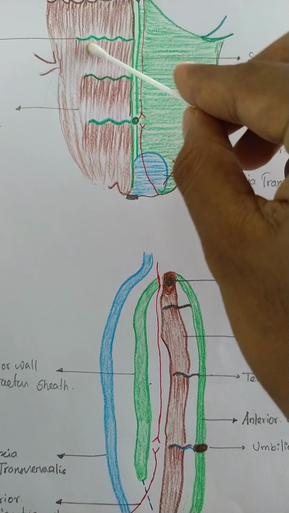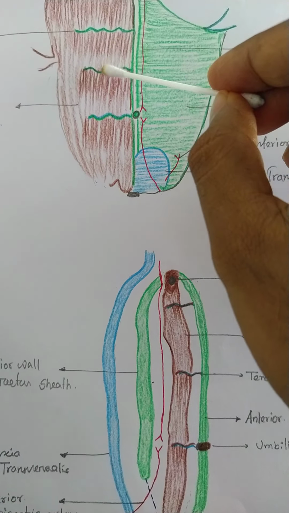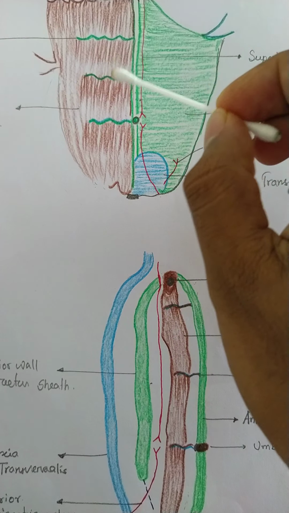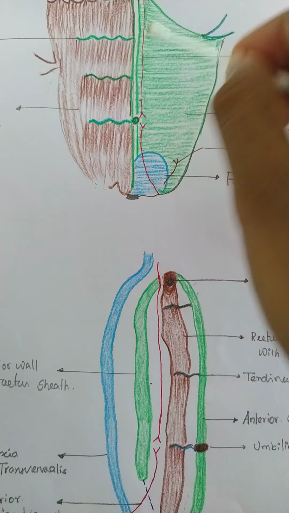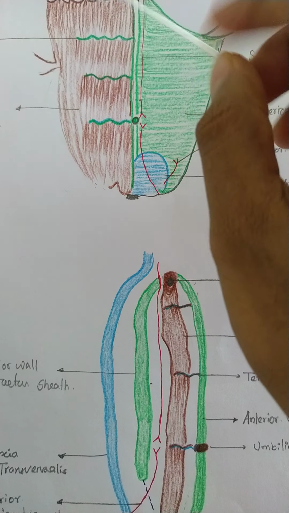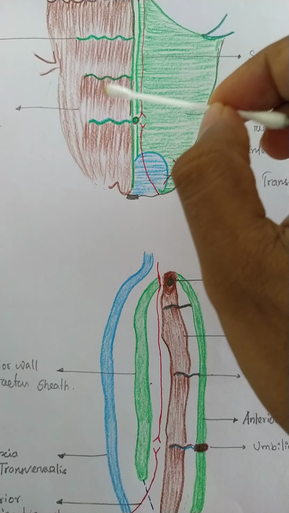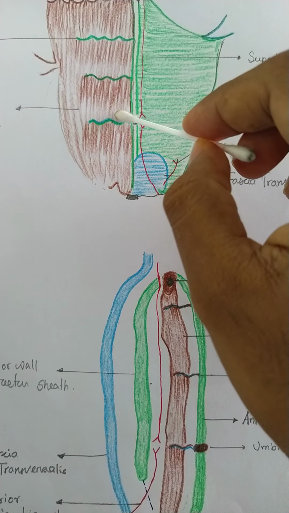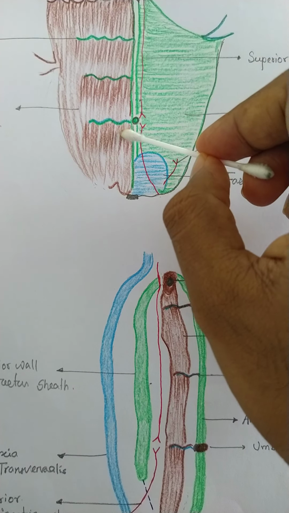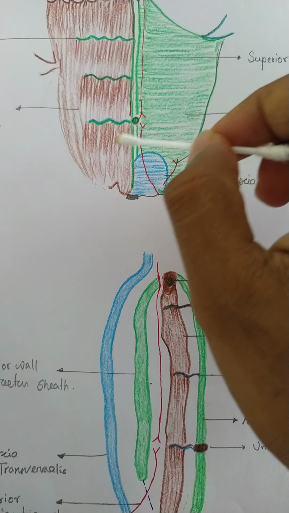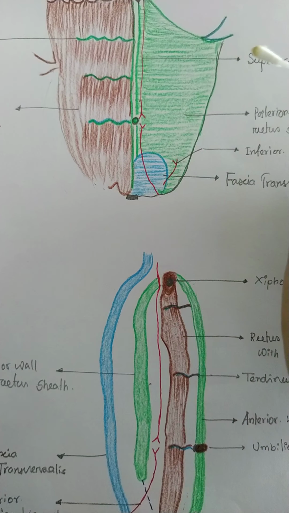So why is this tendinous intersection present? This tendinous intersection makes the tall muscle into short segments so that it can contract strongly and perfectly. It will allow the abdomen to expand because there is no deep fascia, so the abdomen has to be expanded and